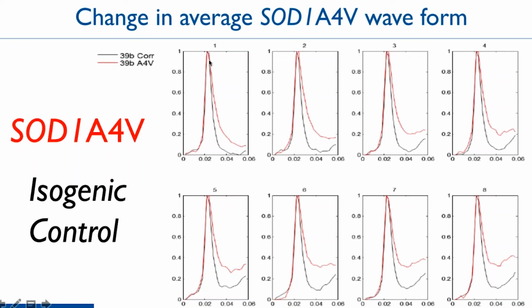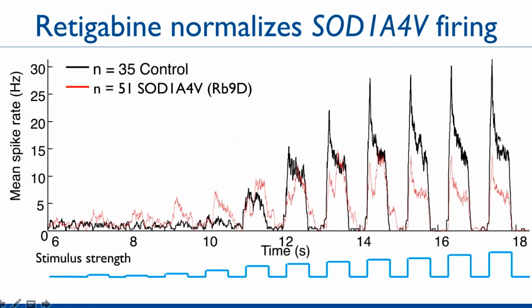Okay? And you can see the harder that we make the cells fire with more and more blue light to activate the channelrhodopsin that these cells express, the larger this difference becomes. Okay? So again, we wondered whether or not adding Retigabine might normalize these differences in repolarization, and whether or not that might allow the cells to be less likely to fire. And so as we did this, we also found another really interesting phenotype, which we think begins to perhaps explain some differences that are out there in the ALS iPSC-derived motor neuron physiology literature.